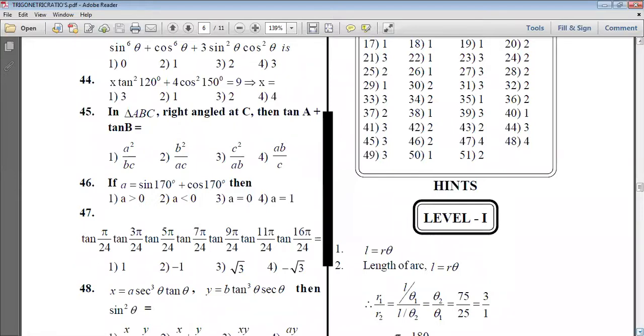So if I add those two values, I don't know whether I will get a positive value or negative value, because I don't know the value of sine 170 or cos 170. That's why we will take the help of the graph. Through the graph, we can identify which is bigger one. So that's why look at this problem.